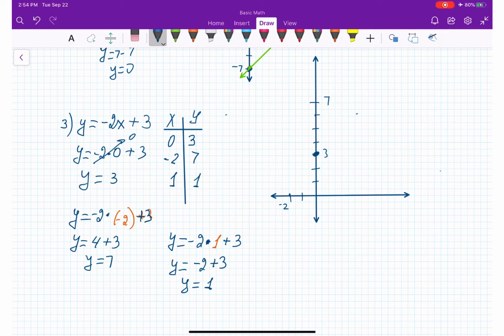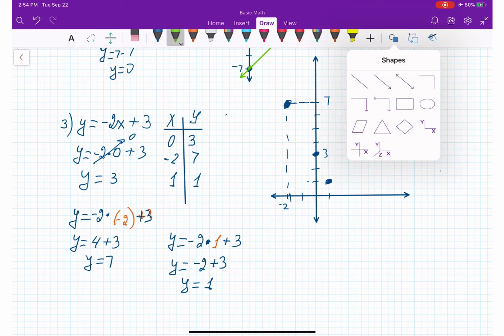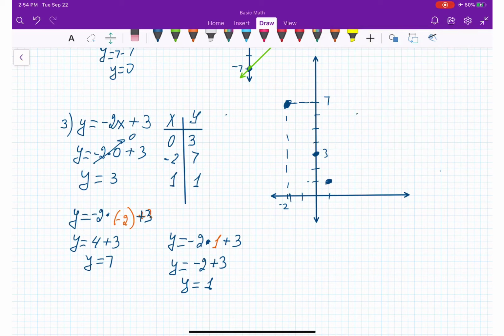So this is coming 7, this is negative 2. Okay, this is next point. And the third point, 1 and 1. This is 1, this is also 1, so this is gonna be next point. Okay, and the graph is gonna look like